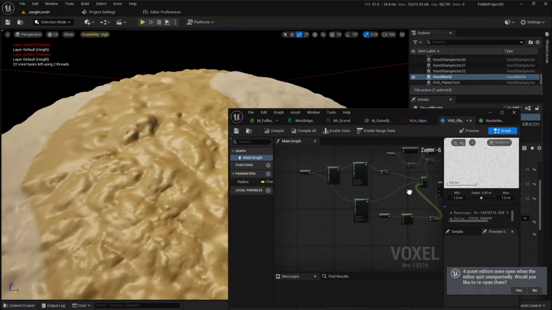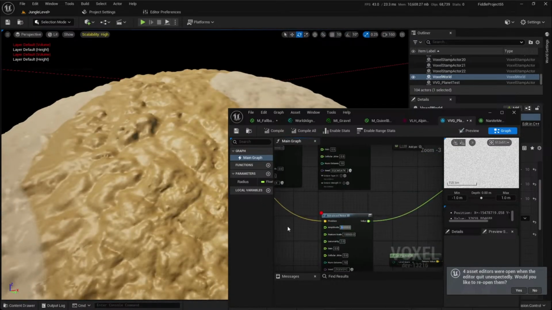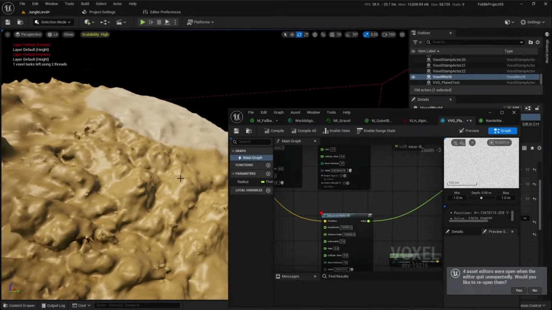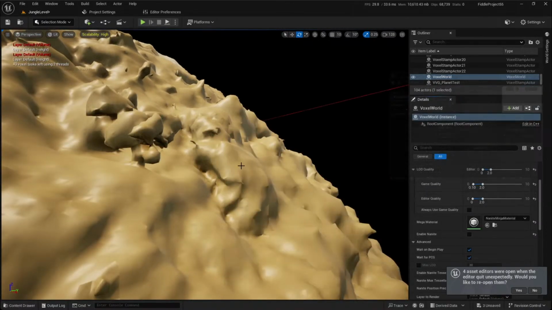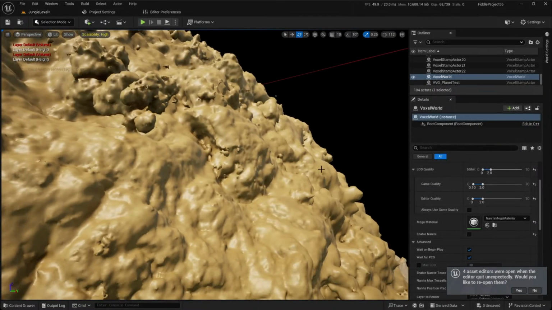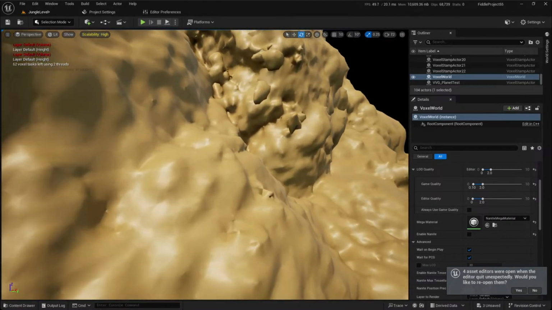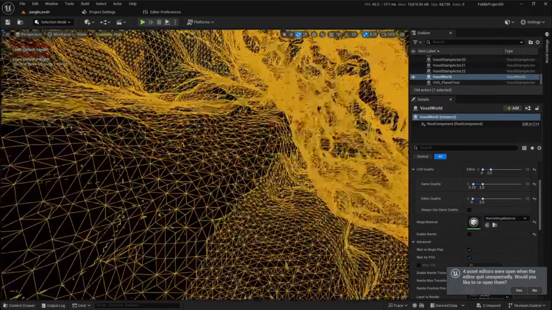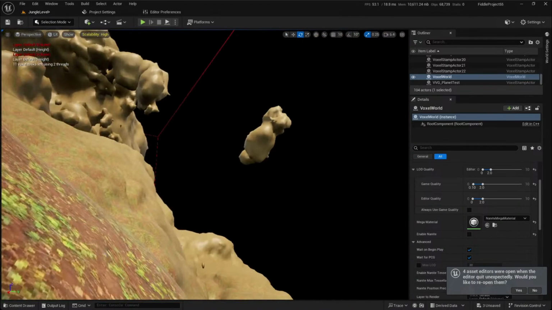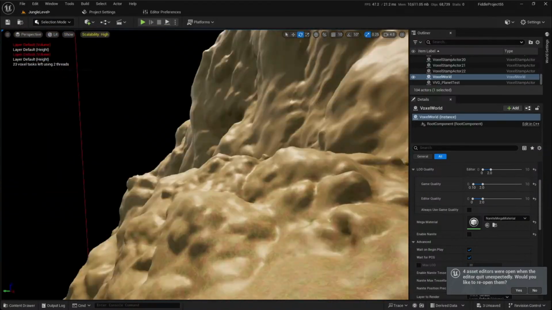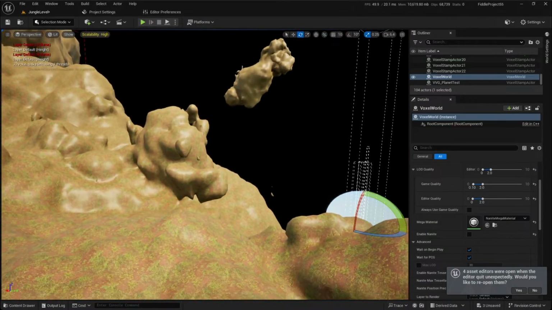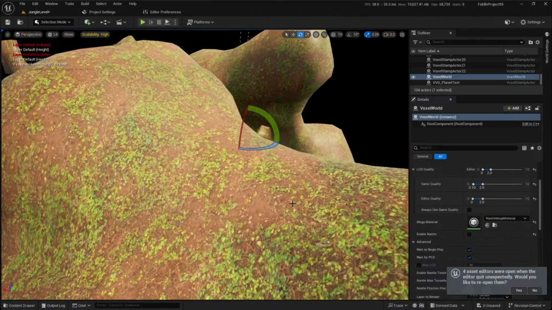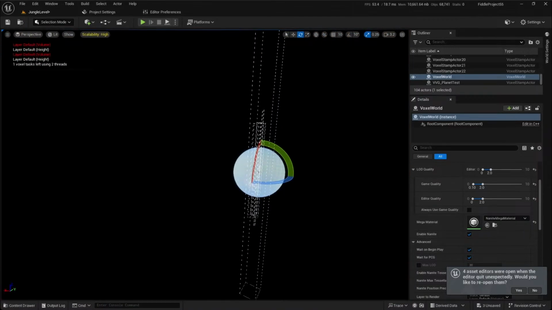So in this case, let's just crank the amplitude on this one. And that should make it a lot easier to actually see the different noises doing their thing. Yeah, so over here we now have these properly gnarly caves. And it's worth noting, this looks really kind of ugly and blobby right now, but this is humongous. So take it with a grain of salt. The resolution, that is. And also I'm using horrible materials. Okay, so if we enable Nanite again,